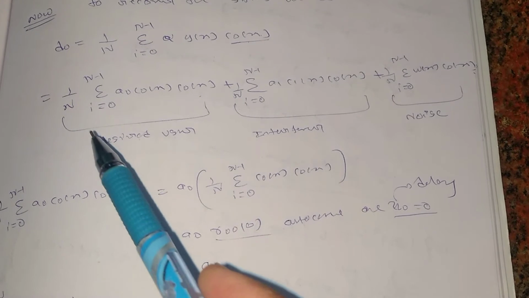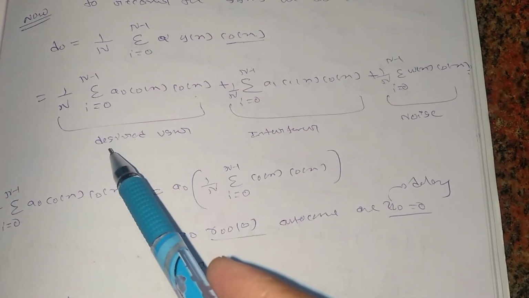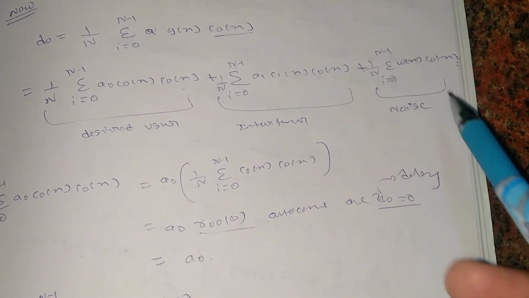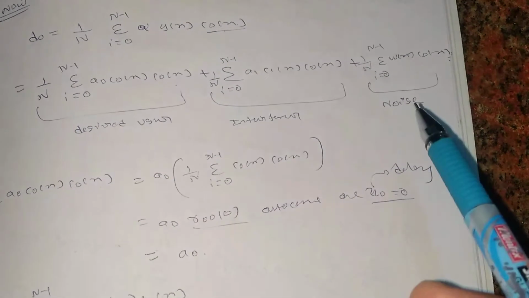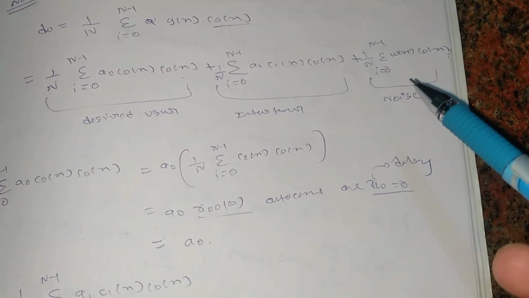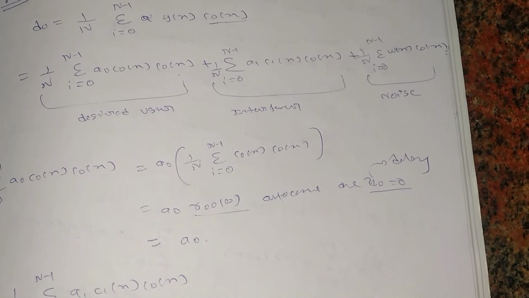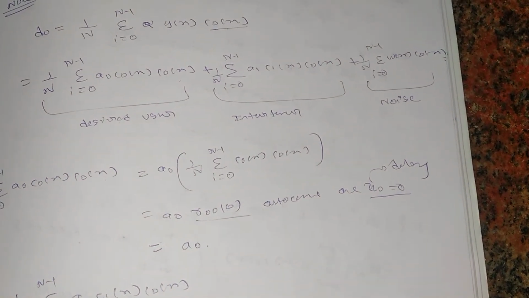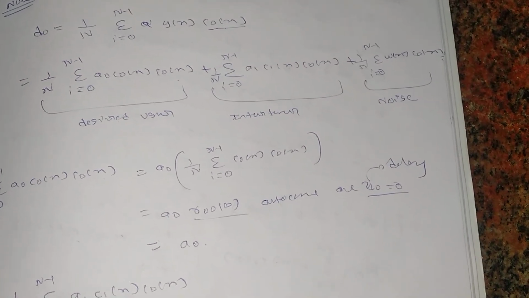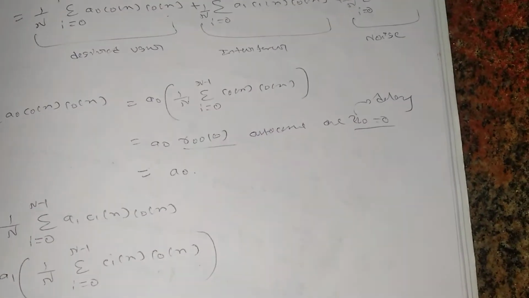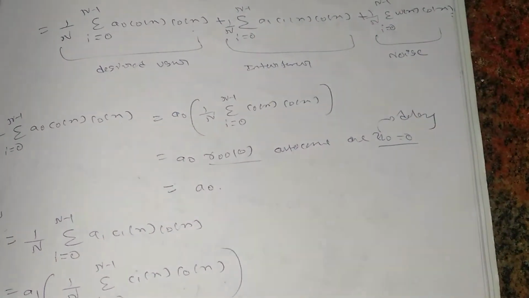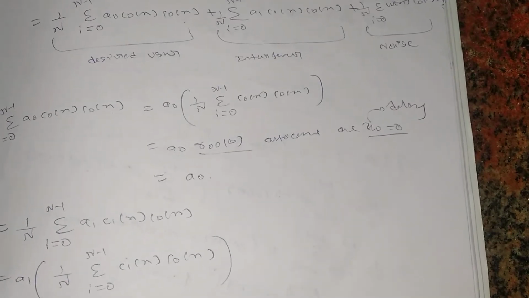Now from this equation it can be clearly identified that this is the desired signal for the user, this is the interference from user 1, and this is the noise. Okay, so now I have got these three components. Now I have to find out the power of these three components and simply put them in the SINR equation, that is, the desired power divided by the interference power from user 1 plus the noise power. If I find the power for these three components, then my derivation will be done.